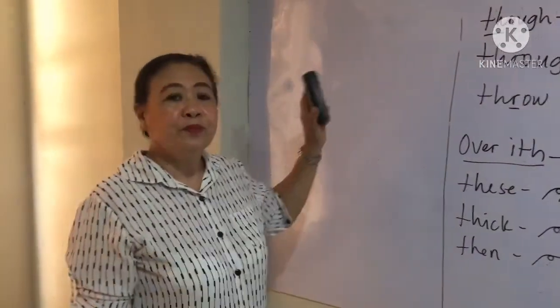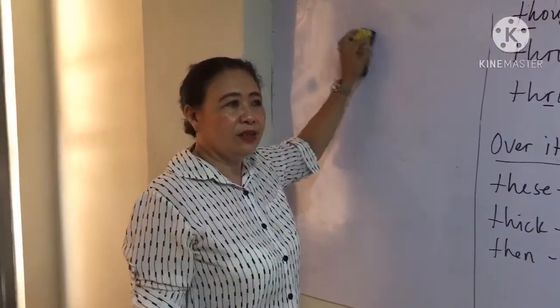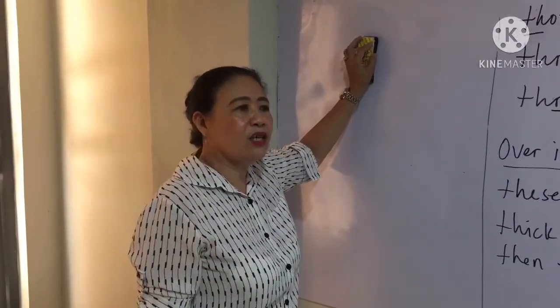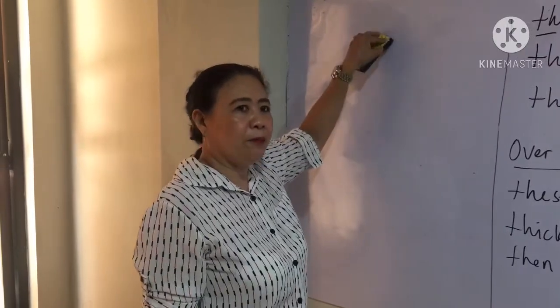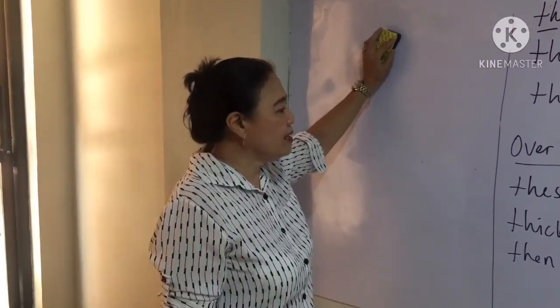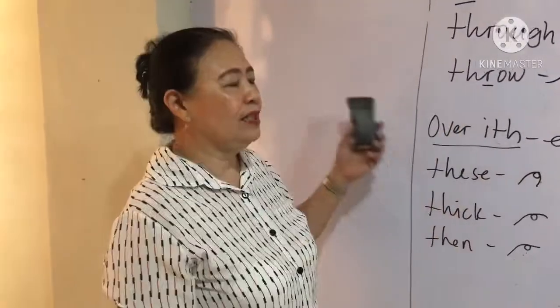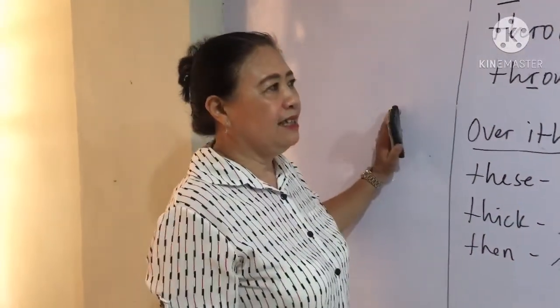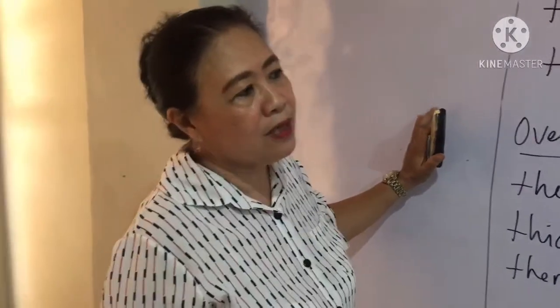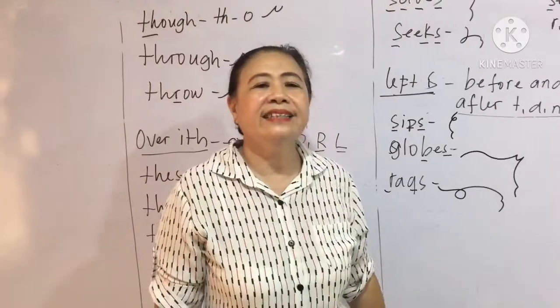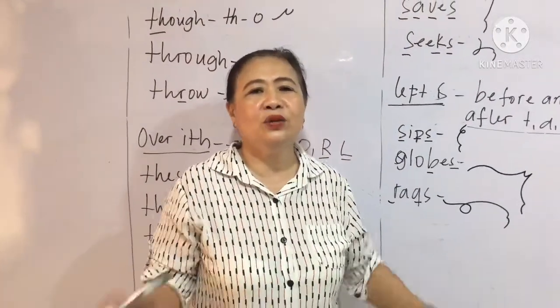I hope you have already answered all our questions before I present the different kinds of word examples in every principle. I hope you have learned today the basic principles of joining. Okay, thank you everyone. Hope to see you next